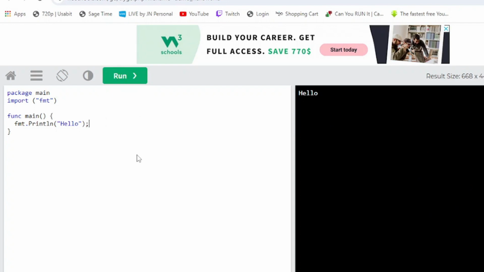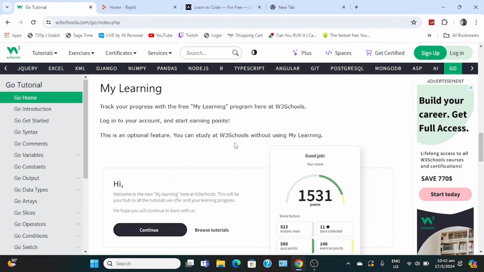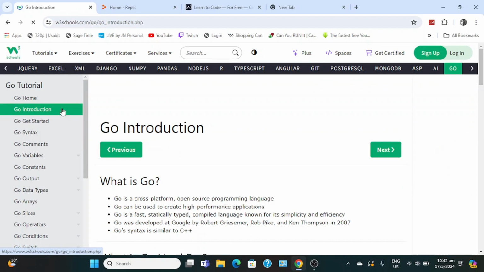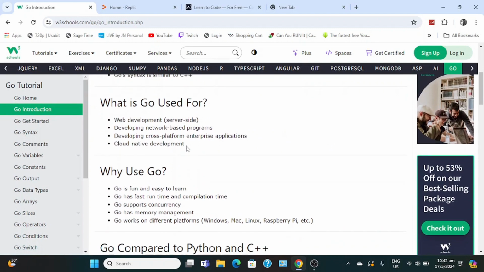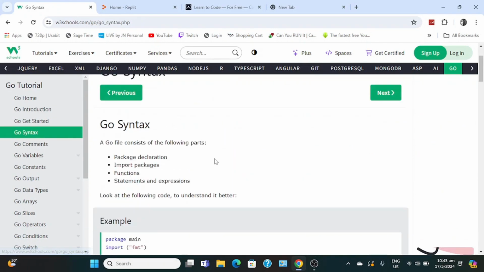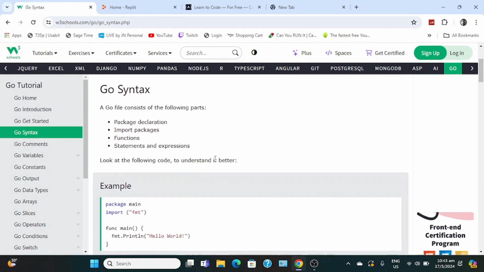See, you just want to mess around with the code and figure out what happens if you change things. What happens if I change this from main to Main, like that? It gives me an error. Okay, so that means we don't touch this. Good. So you learn better by messing around with the code, practicing, all of that. That's normally how I do it. I'll go through the introduction, what Golang is used for, why I use it, and then right now I'll go into the syntax.